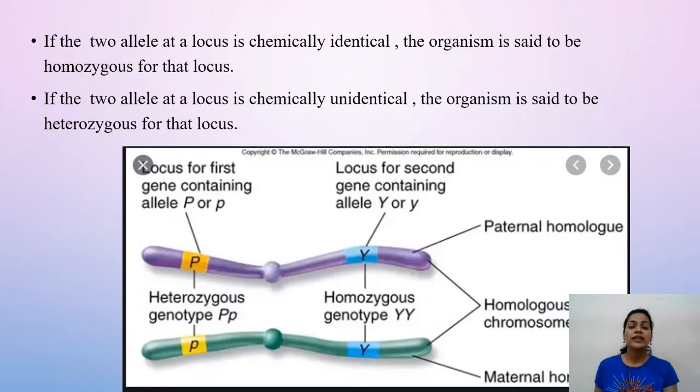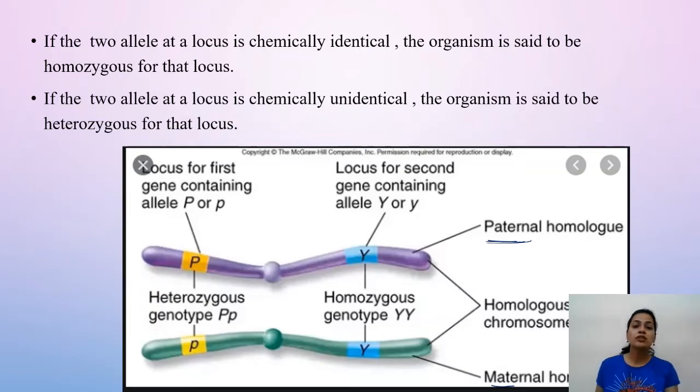Fine. So in the next slide, we can see here, this is a pair of homologous chromosomes. Homologous, why? Because it has the same sequence of genes. Now, we all know that in a homologous pair, one chromosome is inherited from the father, known as the paternal chromosome, and one is inherited from the mother, known as the maternal chromosome. And that's how we get a pair of chromosomes.